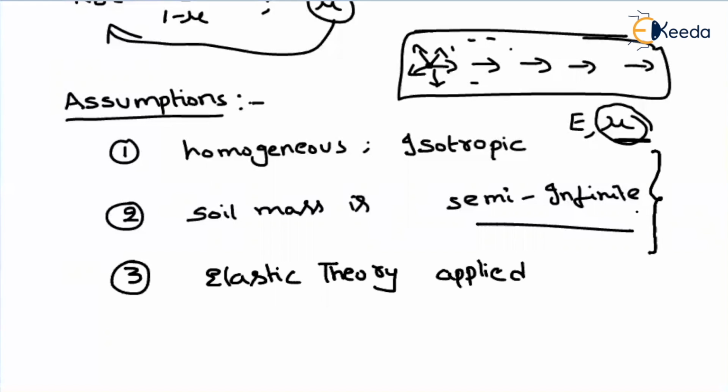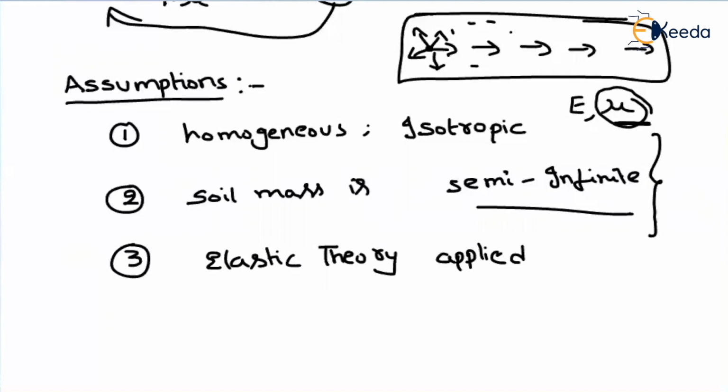Always remember, in the GATE exam, the assumptions are very, very important. They can ask you 1 mark questions, okay? So as of now, we can find out the lateral earth pressure at rest condition, that is sigma h, which is equal to K naught into sigma V. I think as of now, everyone knows how we find the vertical stress, and depending upon the mu value, we can find the K naught, and then we can find sigma h.